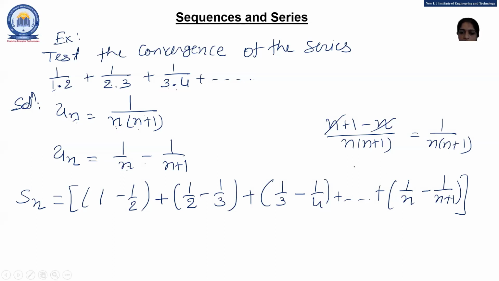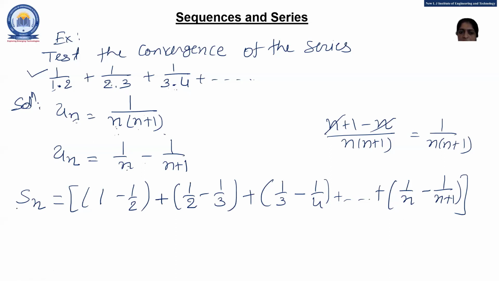Right? So, see students carefully. I repeat this sum again. This is my given series. From this series, I have to write my nth term. This one is my first term, this one is my second term, this one is my third term. So I put my nth term, that is 1 upon n into n plus 1. I represent this nth term in the format of these two different terms. Both are equal. This one is nth term, this one is also nth term.